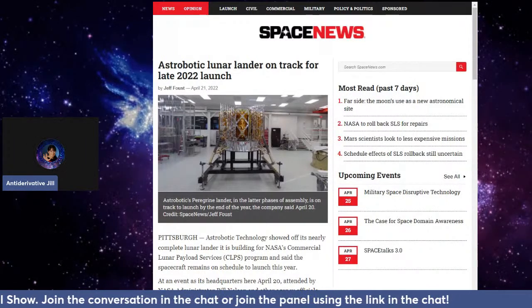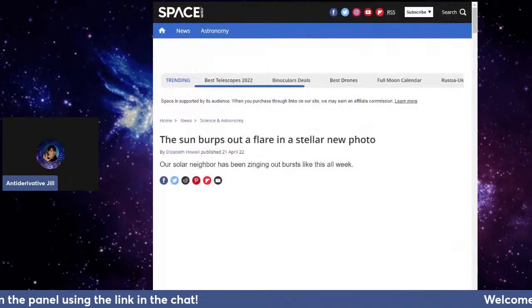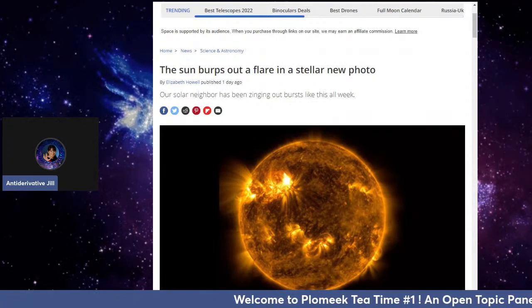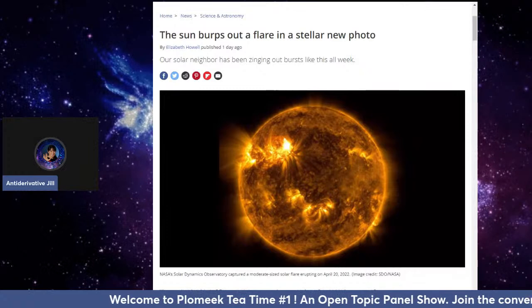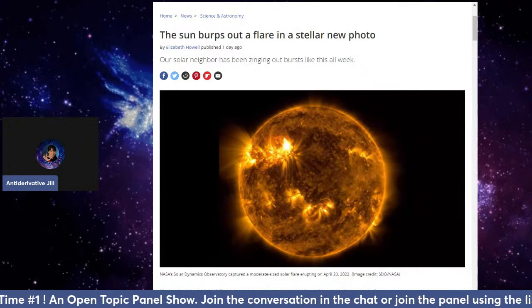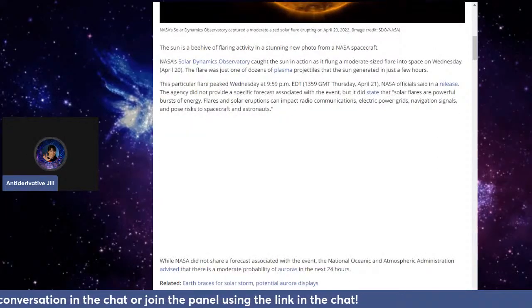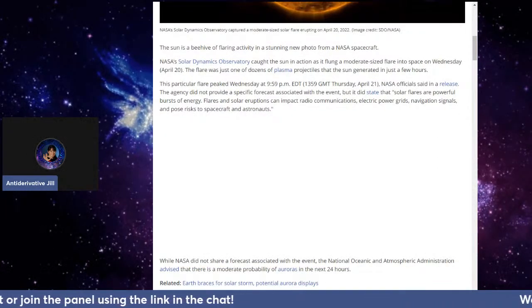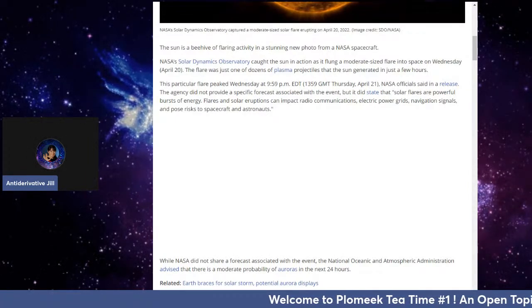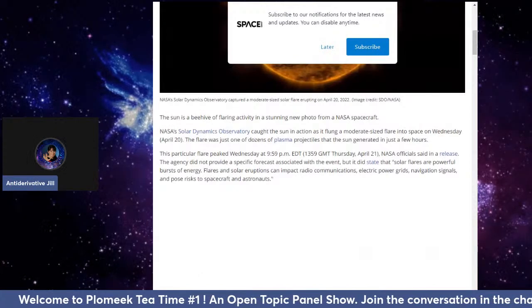So there's that. All right, let's see what I have here. I have another link here. Oh, right. A couple days ago, the sun burped out a flare in a new stellar photo. So our solar neighbor has been singing out bursts like this all week. The sun is a beehive of flaring activity in a stunning new photo from a NASA spacecraft. NASA's Solar Dynamics Observatory caught the sun in action as it flung a moderate-sized solar flare